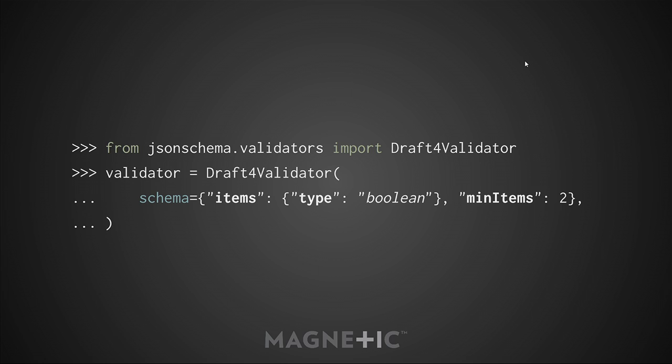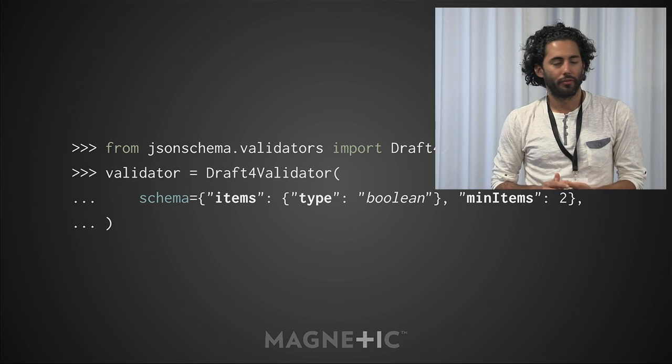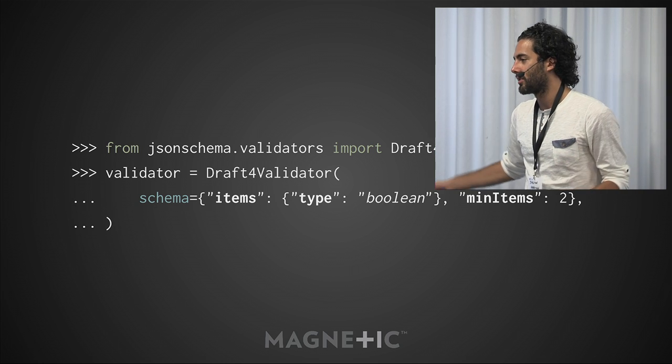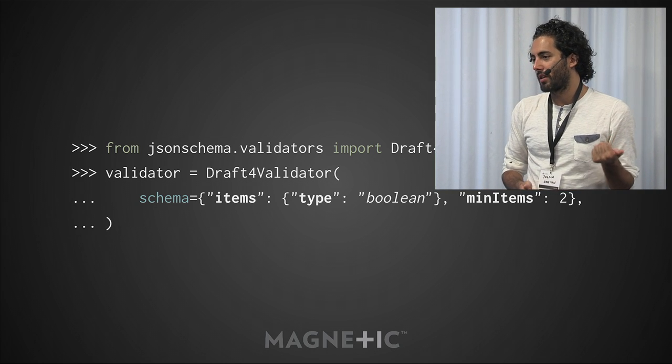To do some more useful things with the schema that we just made, we're going to use the actual workhorse objects in the library. There's a class in here called Draft4Validator, Draft 4 being the current version of the specification. A little bit boring. But we can create a validator that implements this version of the spec, which is what we've been using. And basically, what you need to do at the most basic level is just pass in the schema. So now we have an object that can validate many instances against this particular schema that we've just passed in.